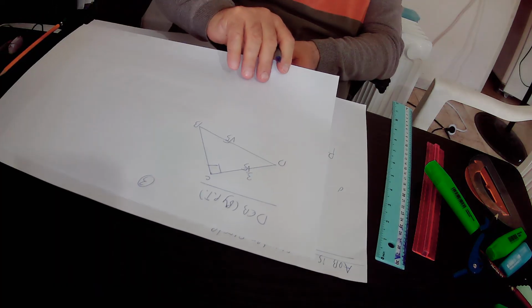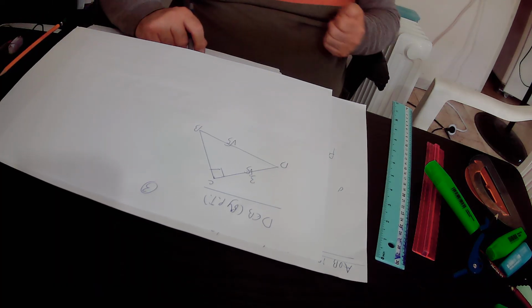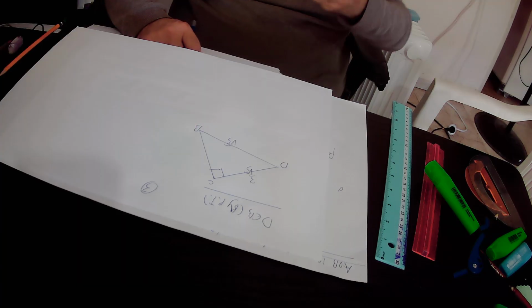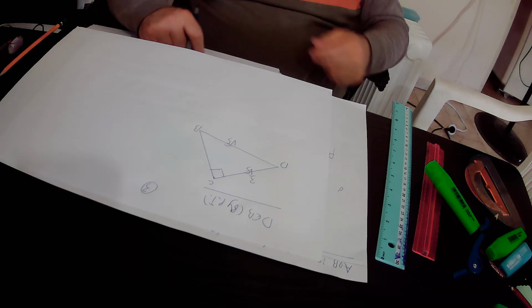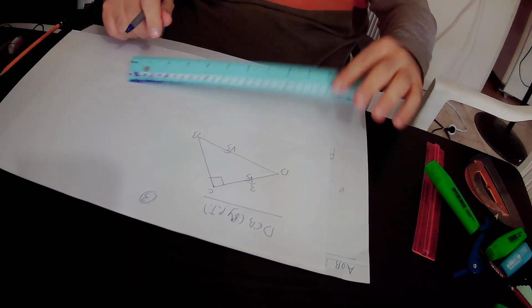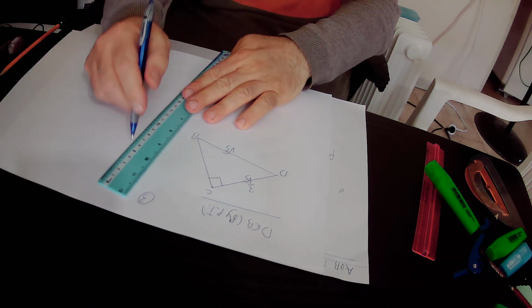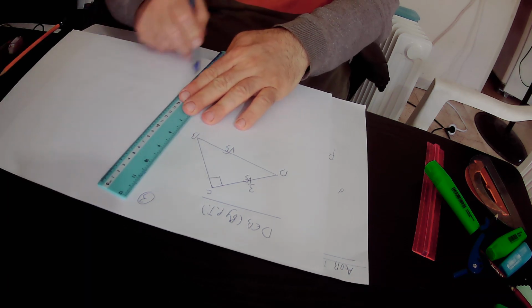So assuming this is the right green triangle CDB from the original drawing, our mission is to find out the area of this right triangle. Here we implement the Pythagoras theorem. According to the Pythagoras theorem, this right triangle DCB